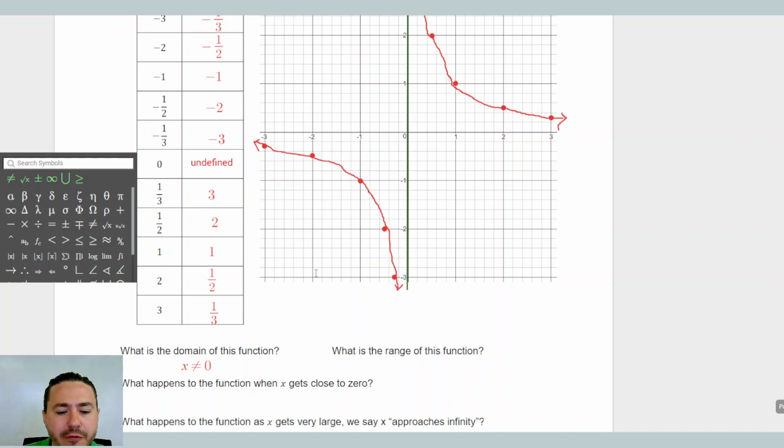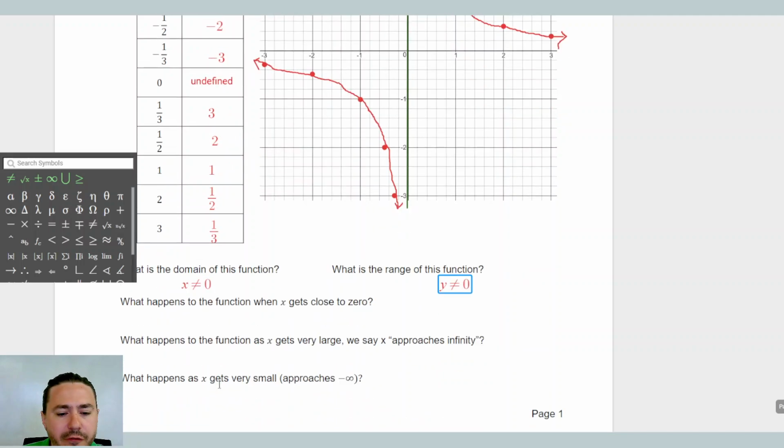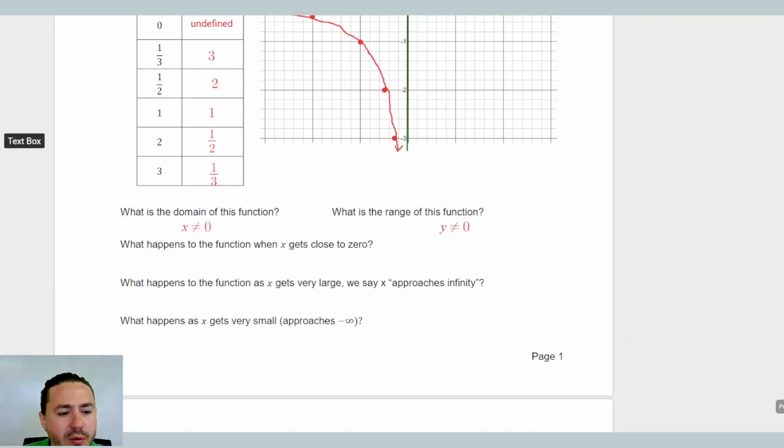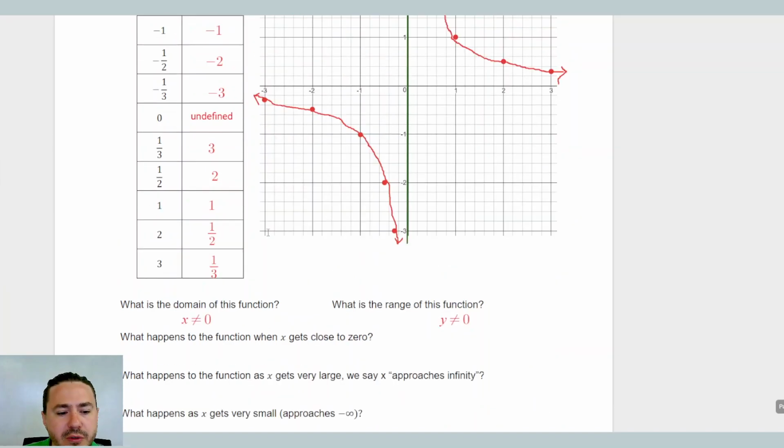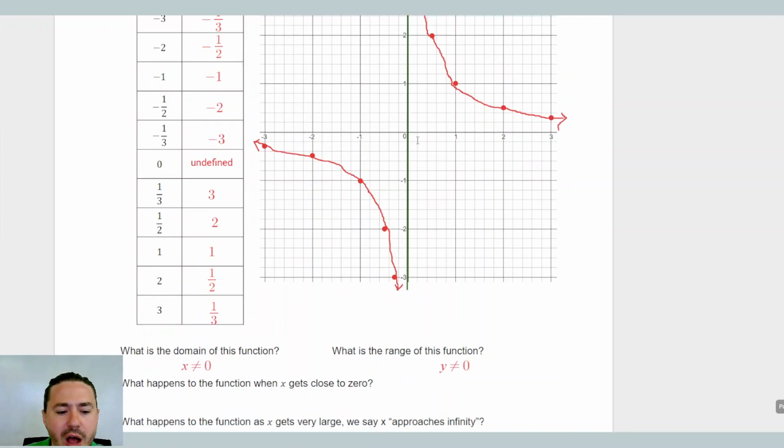Everything except for 0 is going to be defined for the y values. So I can say y cannot be 0. Or you could say that y is all the values between -infinity to 0 and 0 to infinity. Now the next couple of follow-up questions here say, what happens to the function when x gets close to 0? Well, as x gets close to 0, the function either goes to -infinity or +infinity, depending on how you are